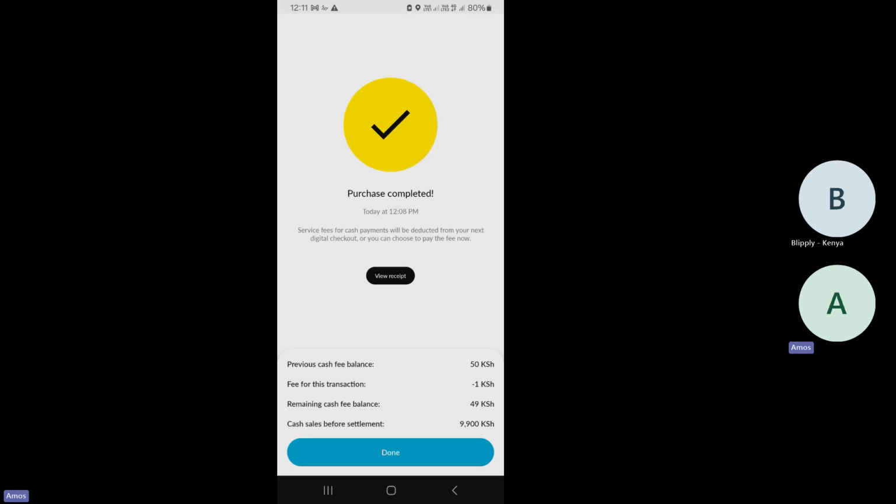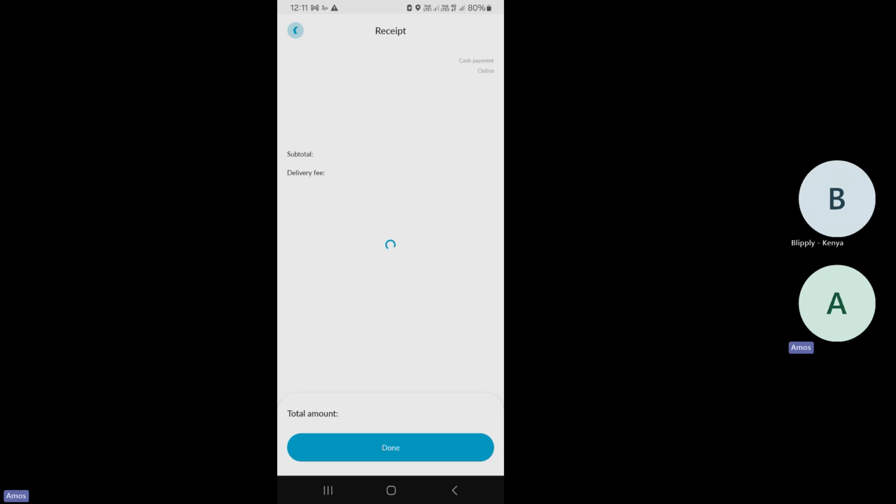So you can go to view receipts, and when you view the receipt, you can see it's showing you that the date is today, the time, and of course this is a cash payment in store worth 50 shillings. And then how do I send this receipt to the customer? You can just take a screenshot of the same and send it to their email or their WhatsApp. That is how you do a cash payment.